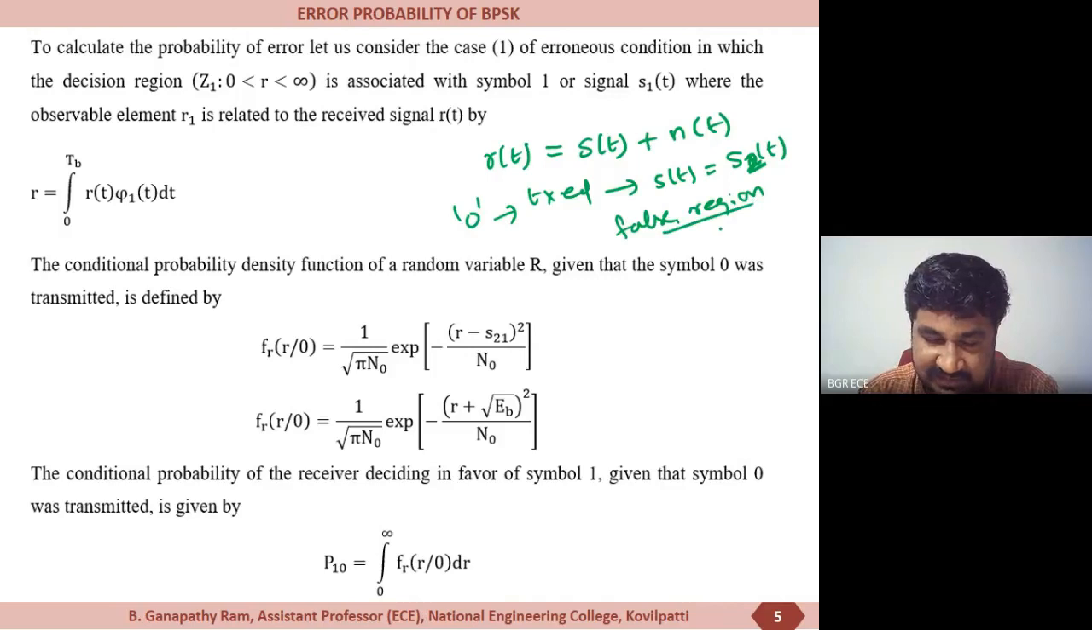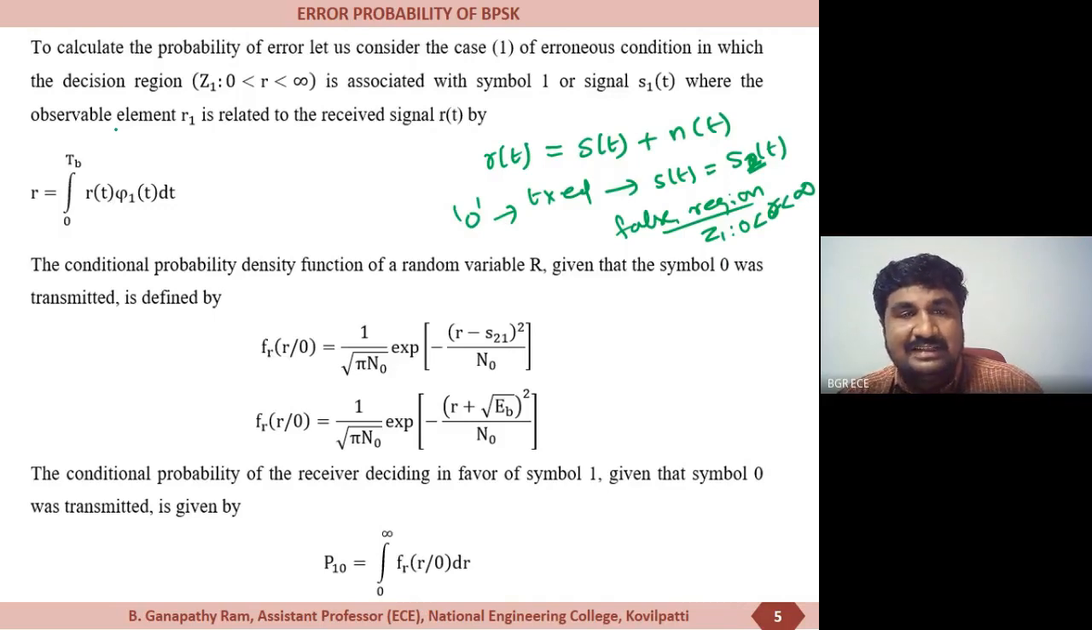Hence, it occurs in the false region, that is region Z1, between 0 to infinity. And we know that R is determined by the integral of r(t) phi1(t) dt over a period of Tb, and the conditional probability density function of a random variable R, given that the symbol 0 was transmitted, is defined by f_R(r | 0), that will be equal to